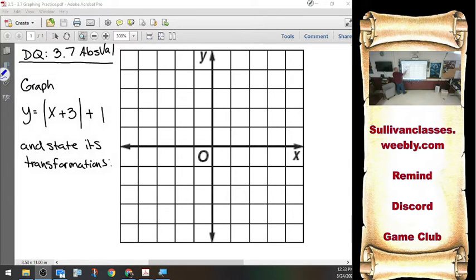Transformations. If we say that the parent graph is absolute value of x, who's your mathematical daddy? Absolute value of x. Then there were two transformations. Tell me what they were. Left 3, up 1. I will shift this left 3, up 1. So my vertex that would have started here is instead going to get moved left 3, up 1. From there,